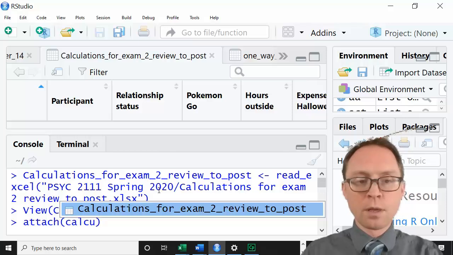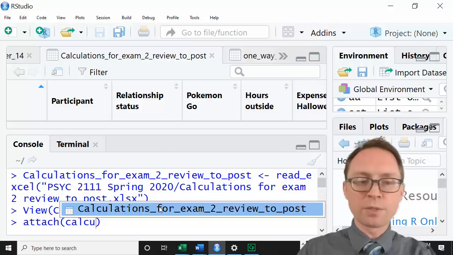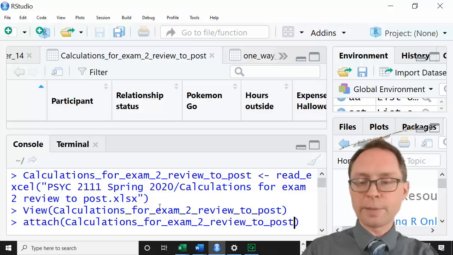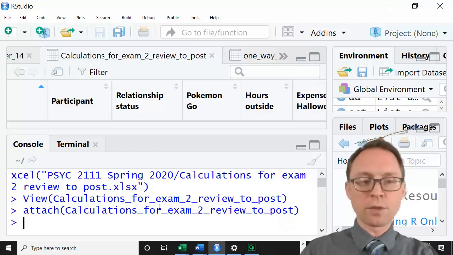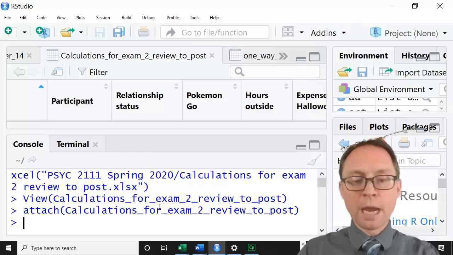There it is. And just to make sure you got the spelling right, I always love to click on this instead of actually trying to type out the whole thing, so you don't get any underscores or anything wrong. Okay, now I need to do